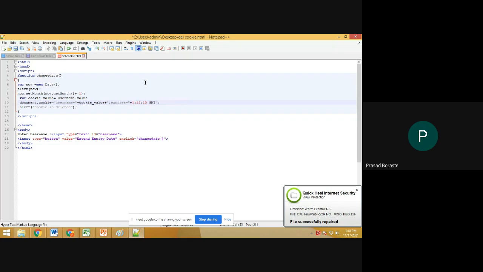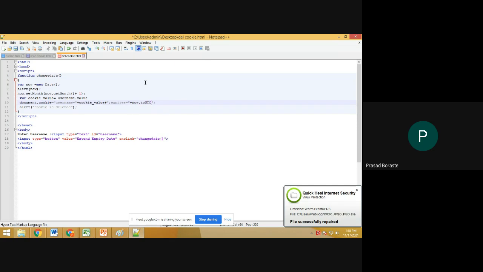Only changing over here. I am not specifying the date because we are taking the system date, and on the system date we are setting a new date. For that we are now taking toUTCString, this is the standard format.